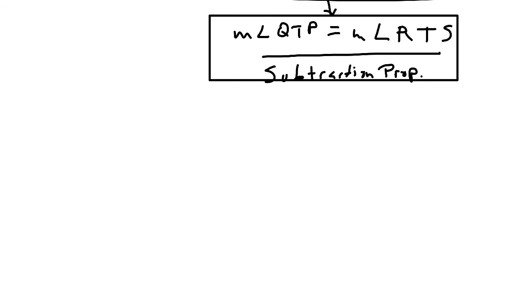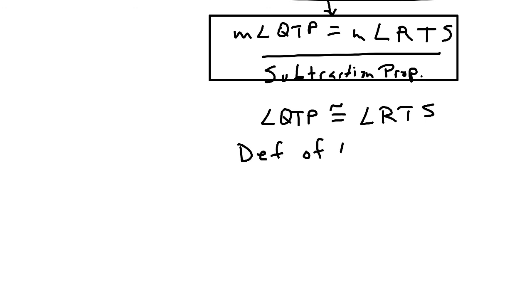So let's say that angle QTP is congruent to angle RTS. And how did we do that? We said the definition of angle congruence. Now what I will do is I will zoom out